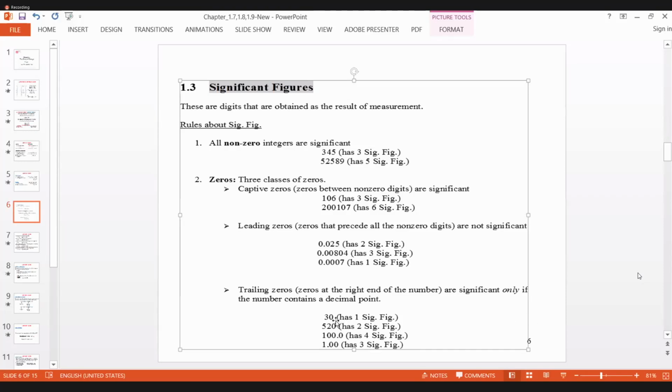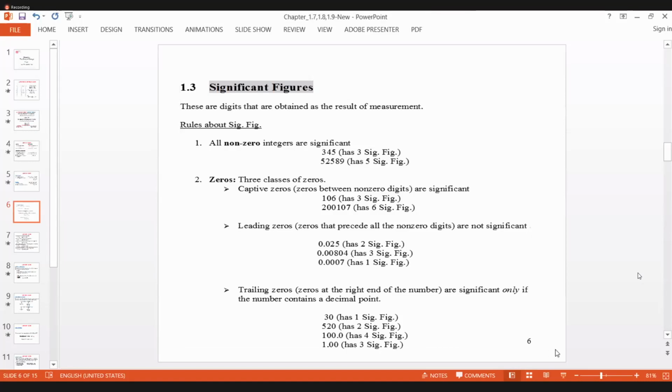Now look at the example. 30 contains only 1, 3 significant figure. 520 contains only 5 and 2, only 2 significant figures. This 0 cannot be considered. Now the 0 which is after the decimal, we have to consider all the zeros. You will not delete any 0 from here. So you count 1, 2, 3 and 4, including 0 after decimal or before decimal. So that is 4 significant figures. Here is 1, 2 and 3. There are 3 significant figures.